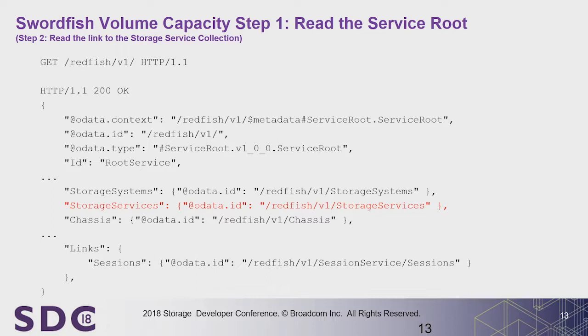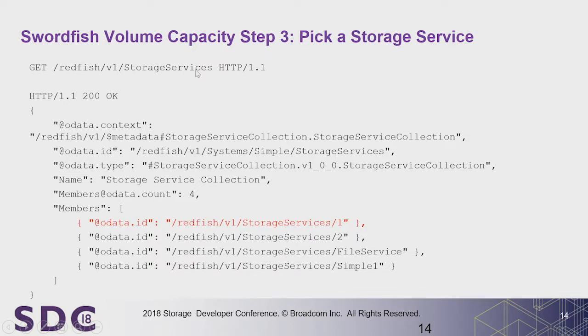Going through and looking at the service root, the GET command at the top here is not necessarily called out explicitly. Just do a plain GET. You can do this through scripting, or through plugins in your browser that will hide all of that complexity for you. But go down through, and here again, your storage systems, find the storage services, and then navigate down. You'll get the list of the storage services. Our mockup system will have quite a few systems. In a real system,